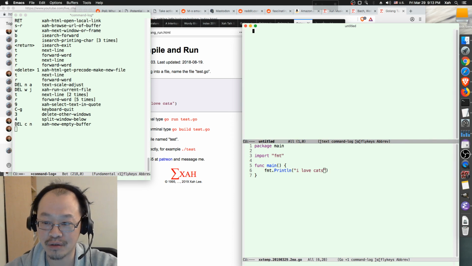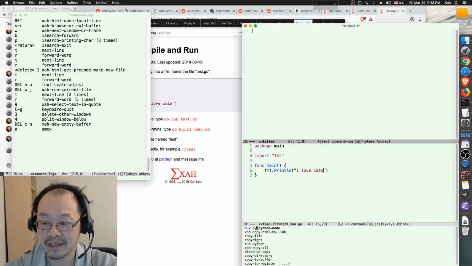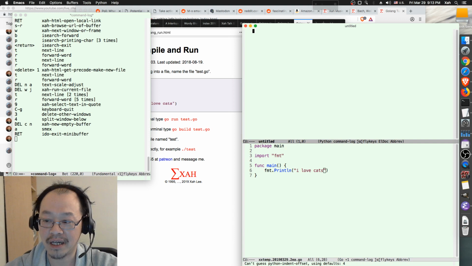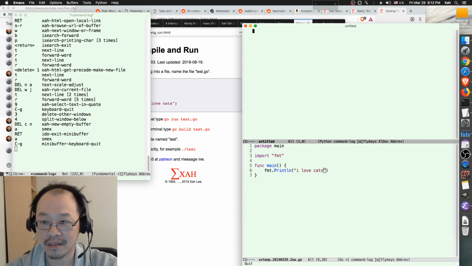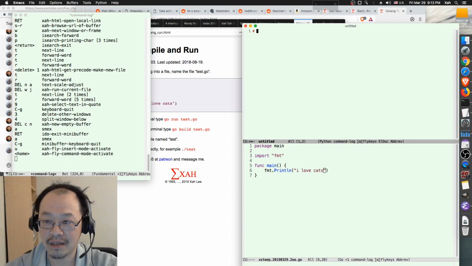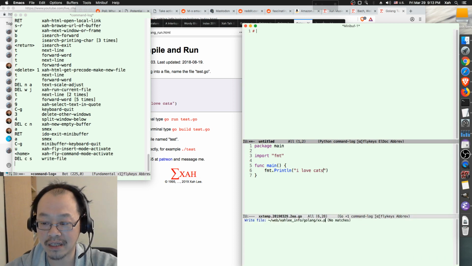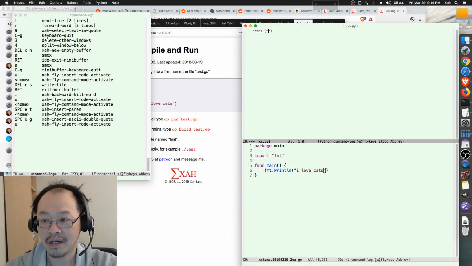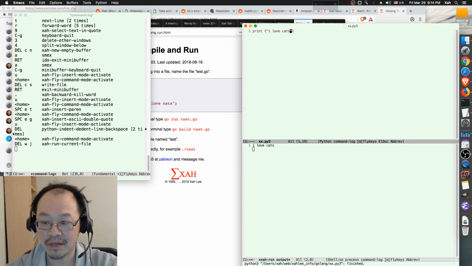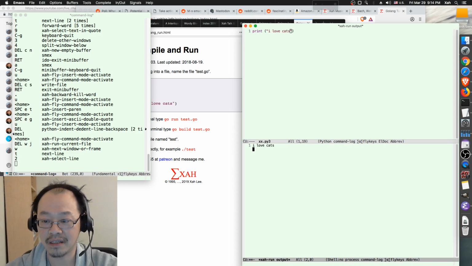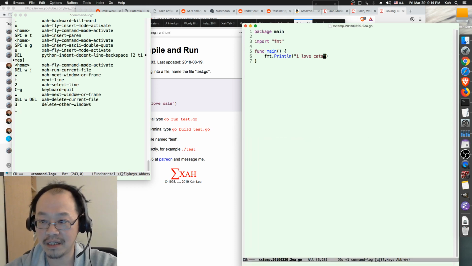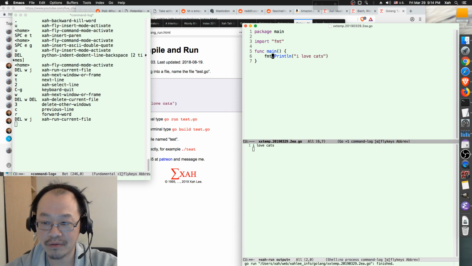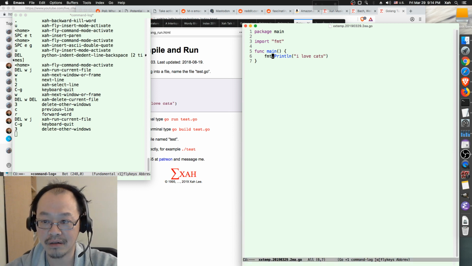For example, let's do Python. Set this to Python mode, and save this file as xxpy3. Then let's say print Python 3, I love cats. Okay, that's it. You run it, you have it here. So that's Python done. By the way, the program I used to run my Go command, if you are